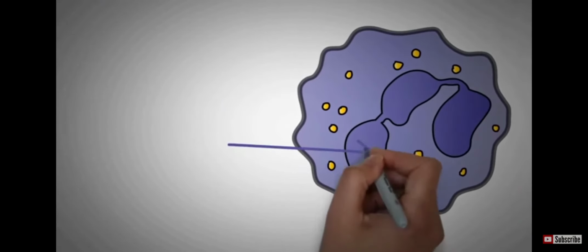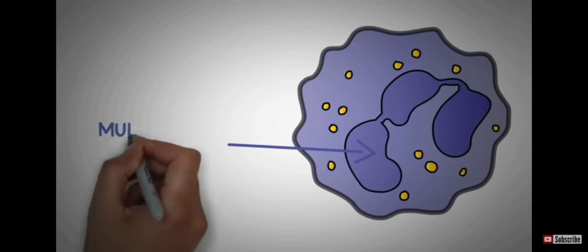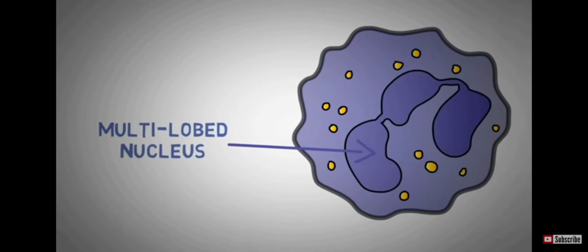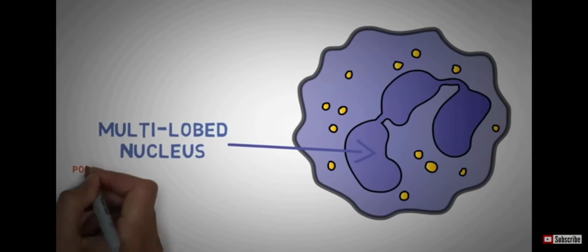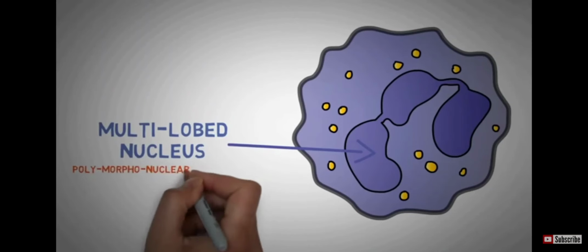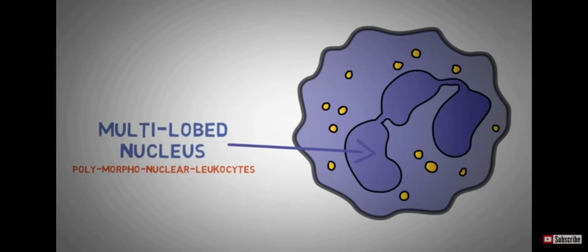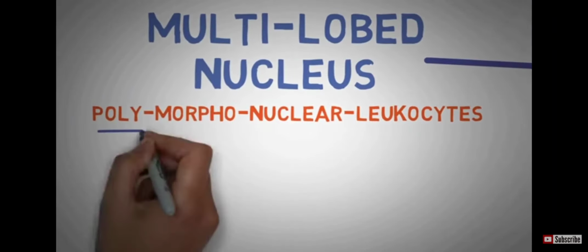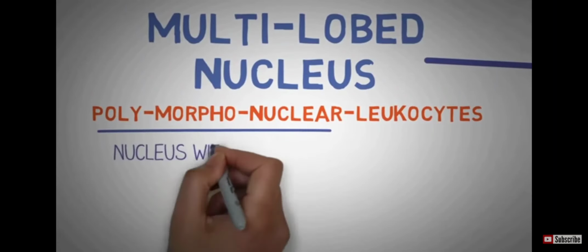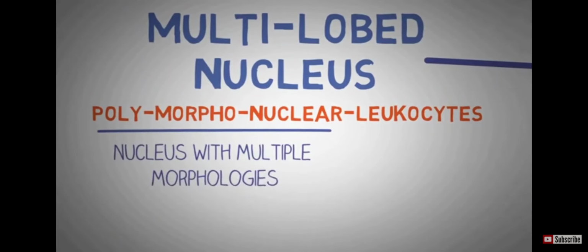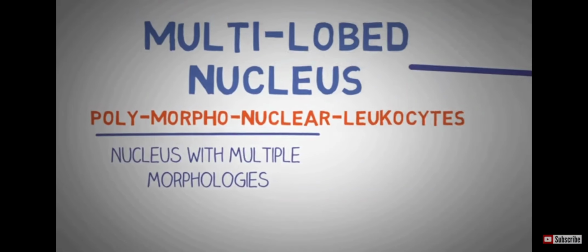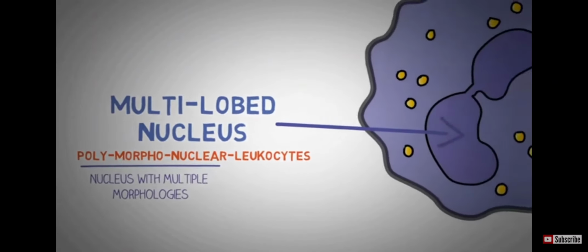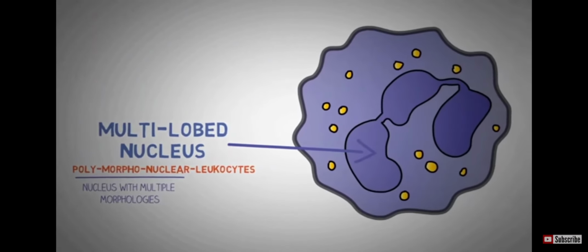If you look at a neutrophil, it has some characteristic features. The first thing you would notice is the multi-lobed nucleus of the cell. This is the normal appearance of the nucleus, and this is the reason why neutrophils are also known as polymorphonuclear leukocytes. Polymorphonuclear means the nucleus of the cell has multiple morphologies, meaning some neutrophils have 2 lobes in their nucleus, some 3 or 4 or 5. So there are multiple morphologies that the nucleus of these neutrophils can have, and so they are also known as polymorphonuclear leukocytes.